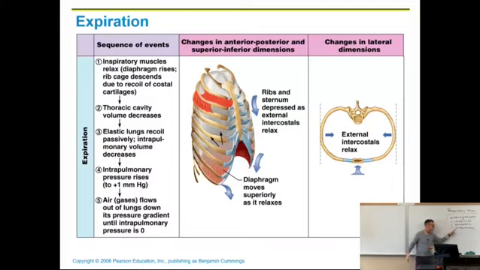That drops the intrapulmonary pressure. Because the volume gets bigger, so the pressure eases off and gets lower. Okay? Once we have intrapulmonary pressure that is lower than atmospheric pressure, now we've generated a gradient. So once it is lower in here compared to out there, even by 1 millimeter of mercury, because remember we're